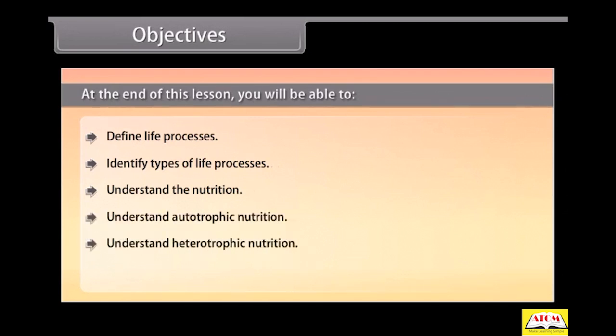Objectives. At the end of this lesson, you'll be able to define life processes, identify types of life processes, understand the nutrition, understand autotrophic nutrition, understand heterotrophic nutrition, find the types of heterotrophic nutrition,